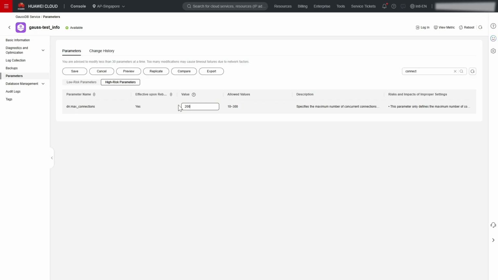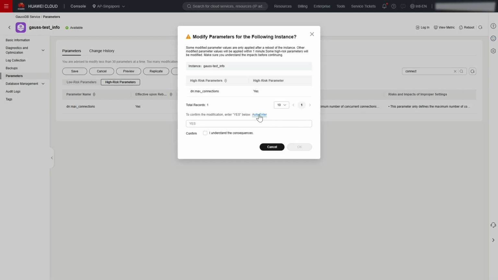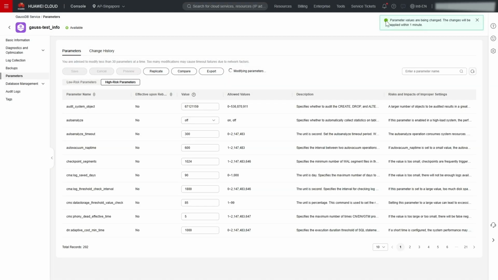Change the parameter value to 200, click Save, confirm the operation, and click OK. Wait for the change to complete. You will see that the instance status changes to parameter change pending reboot because this change requires an instance reboot